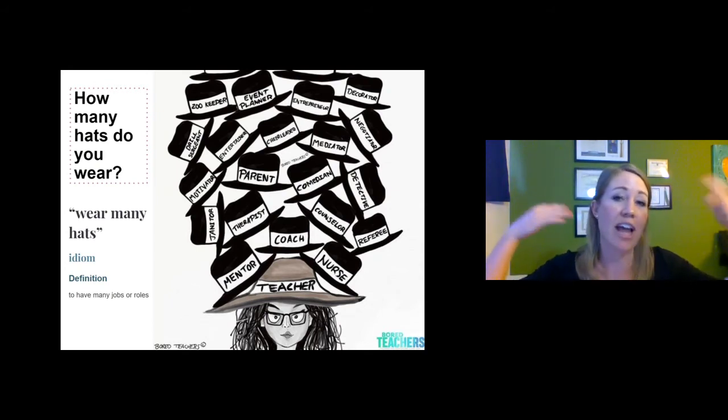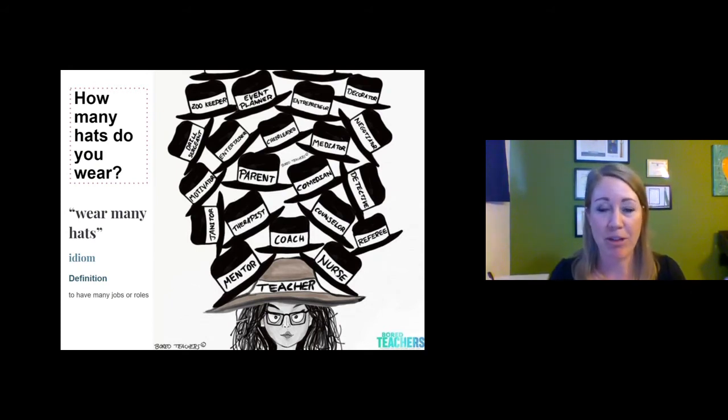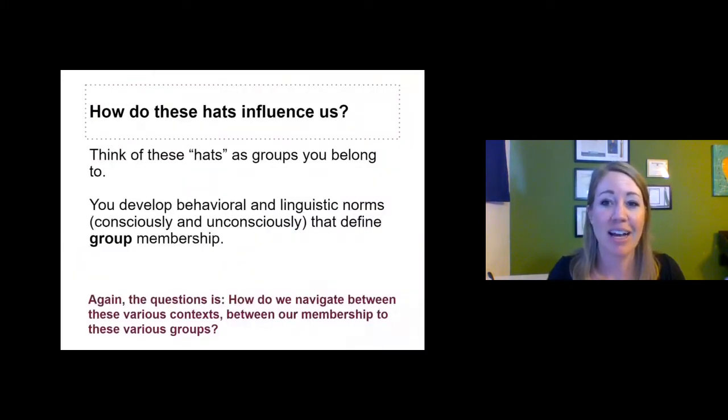Think of all these different hats you wear. I want you to think about those for yourself as you're watching this video, because all those hats, depending on which ones you're wearing and which ones you're taking off, are reasons that you change the way you speak. So think of these hats as groups you belong to. Think of them as your social roles. They could also be like, one hat you have is that you're a Texan, right? The argument here is that you develop behavioral and linguistic habits because of these hats, because of these groups